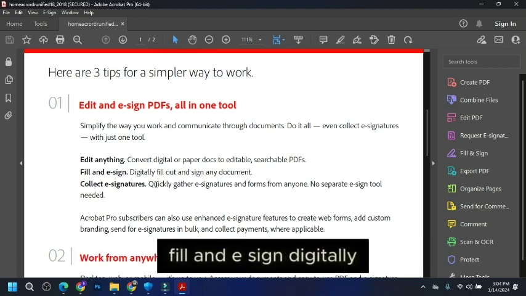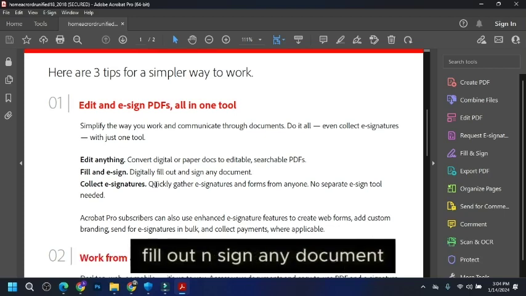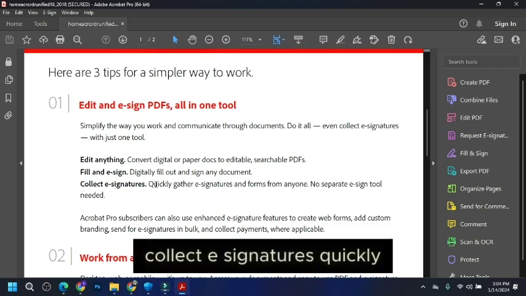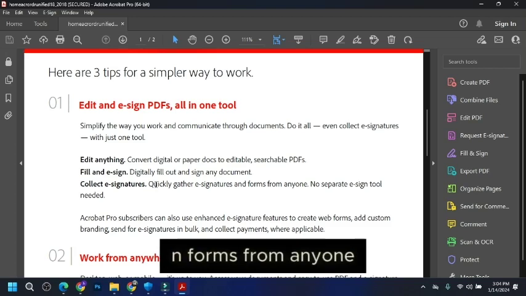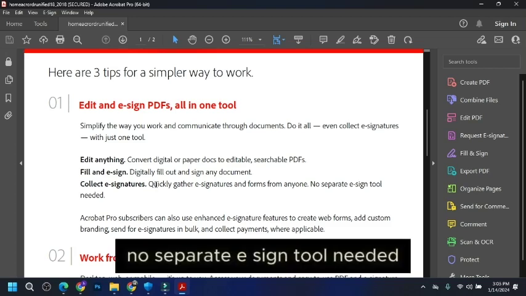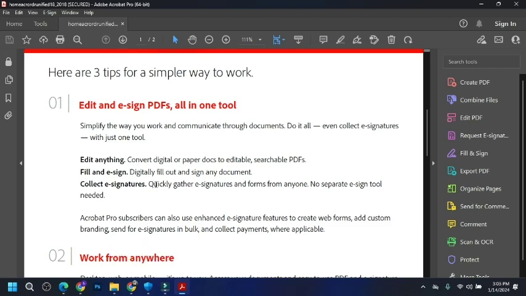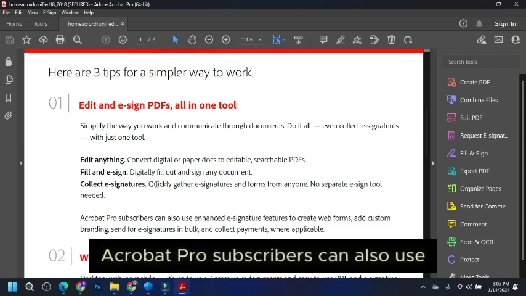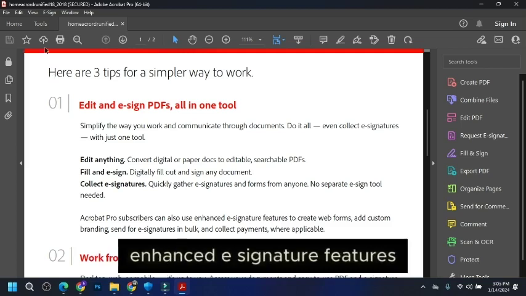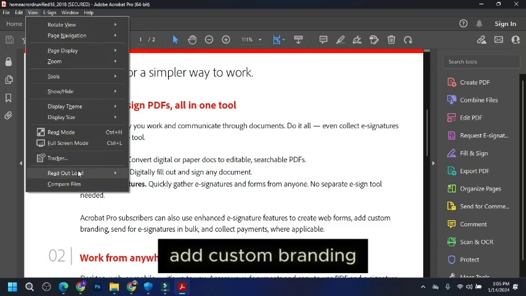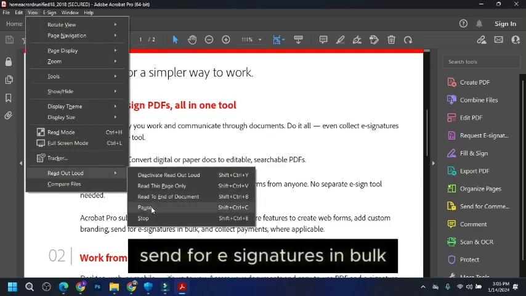Fill and e-sign digitally. Fill out and sign any document. Collect e-signatures quickly. Gather e-signatures and forms from anyone. No separate e-sign tool needed. Acrobat Pro subscribers can also use enhanced e-signature features to create web forms, add custom branding, send for e-signatures in